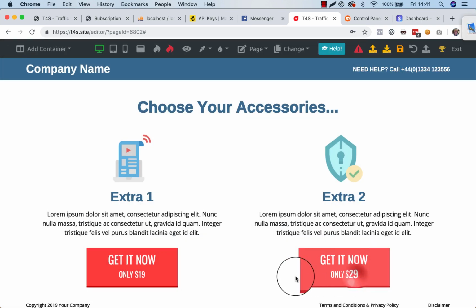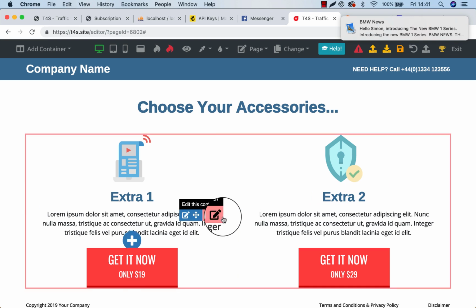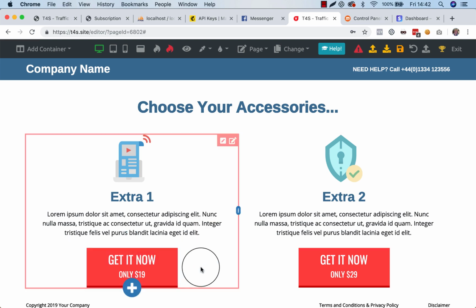The great thing is, and this is the power of funnels, because they've entered their credit card details once on the first page, all they need to do here is click on that button and they'll pay again. They don't need to re-enter their credit card details because they've verified them once already. All you're doing is giving them the choice of spending more money with you. This is where the power of funnels is really inherent. So when we look at this, we'll go through this at the end. I'll do a preview as a separate tutorial of the whole thing. When they click on that button, it will take their money,